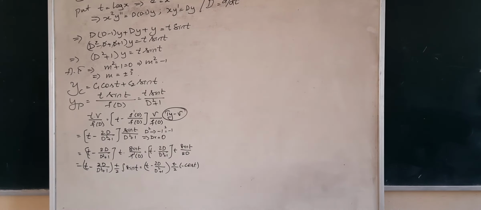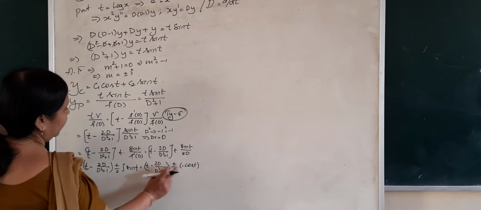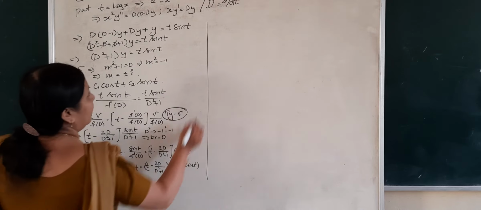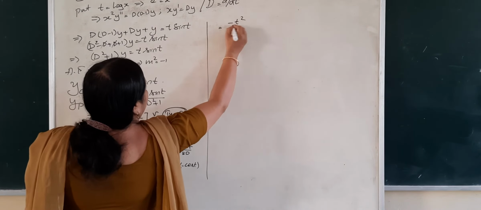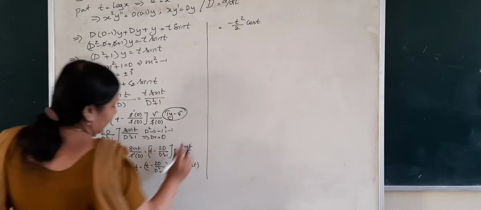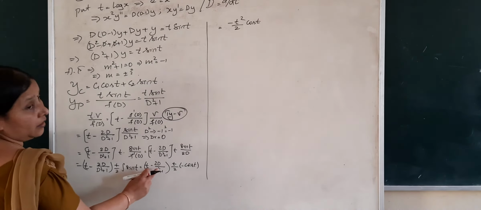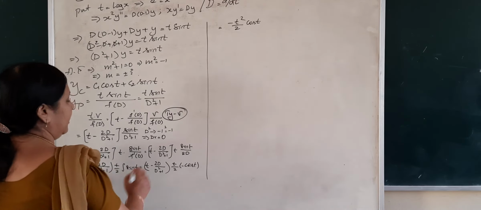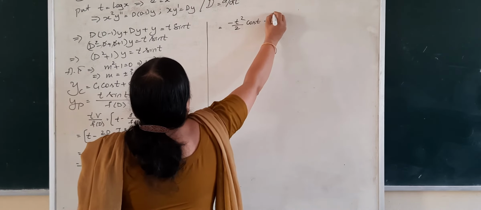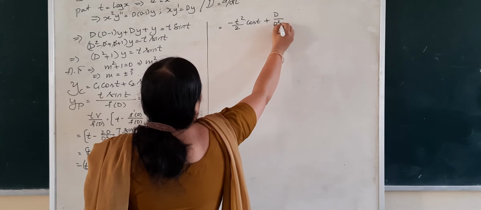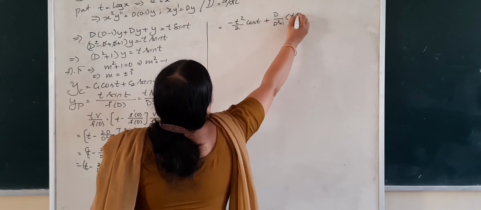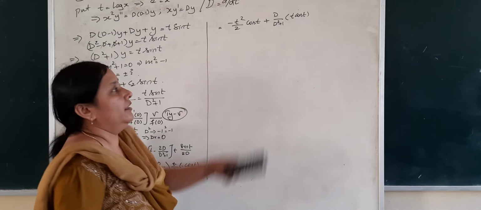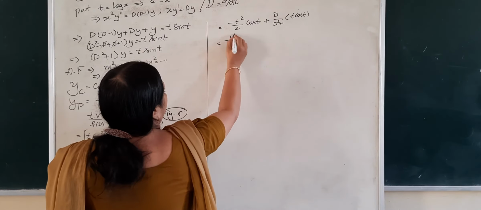So let us now multiply both the sides, both the terms, with this entire product. So let us see what we get. T into this entire thing will become minus t square by 2 cos t. And again this entire fraction into this, you can take out a minus 1 by 2 common. So 2 gets cut, minus of minus is plus d divided by d square plus 1 times of t cos t. So first you have to differentiate it and then apply the method. Okay, so this term there is no change.